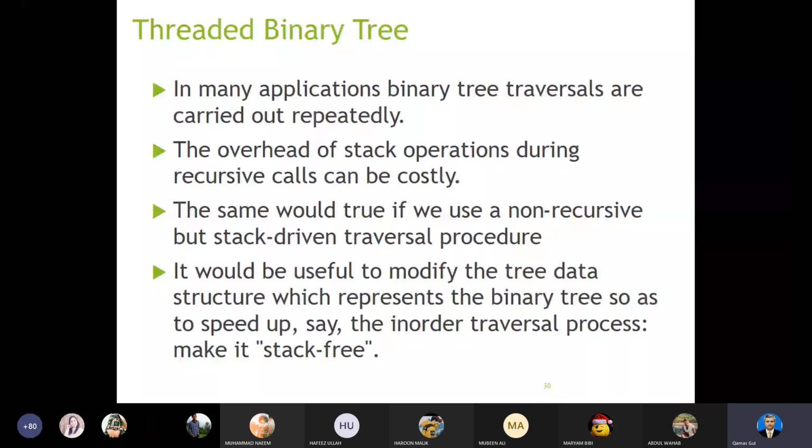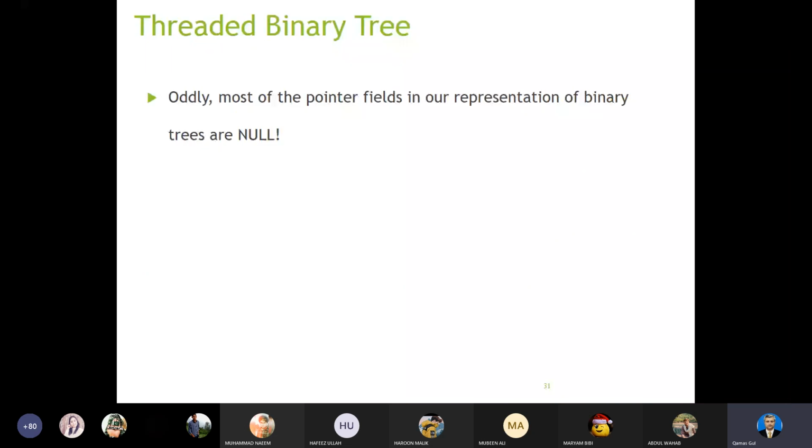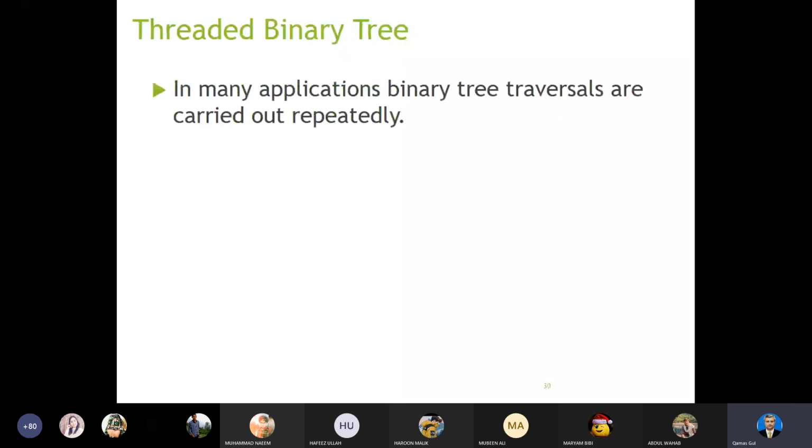ठीक है. So how can we do that? So the goal is to make it stack free. The traversing process, we have to achieve the traversing. However, it should be stack free. Ordinarily, most of the pointer fields in our representation of binary trees are null. So if you see a binary tree, अगर आप इस बाइनरी ट्री को देखें,